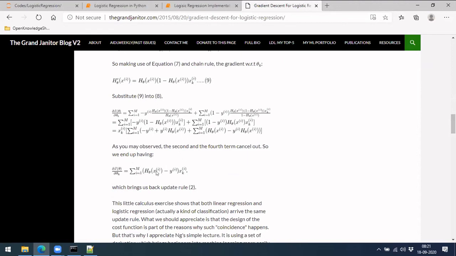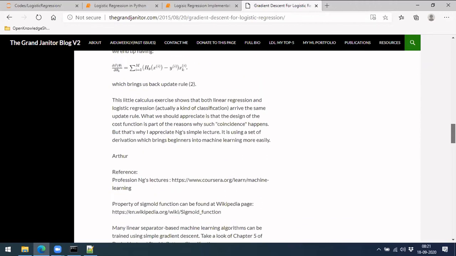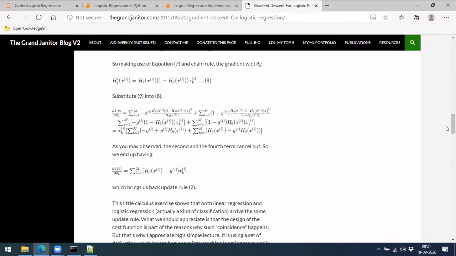If you see, this looks very similar to what we got during our linear regression. It looks very similar: y actual minus y predicted into x is also available, the same term actually. This is almost the same term we got during our linear regression. So this is it. Let's write that formula here and we'll try to implement it. Okay, so I'm making a note of that.